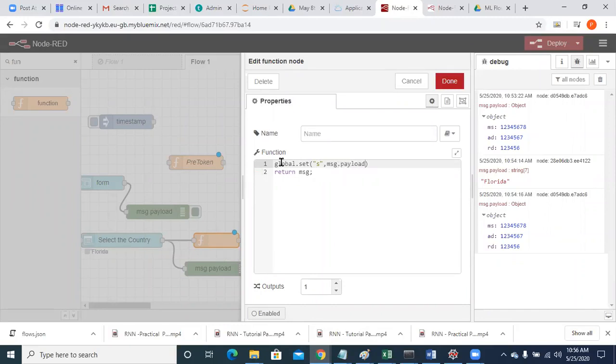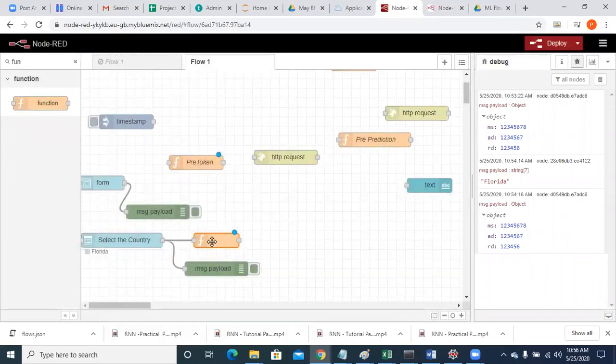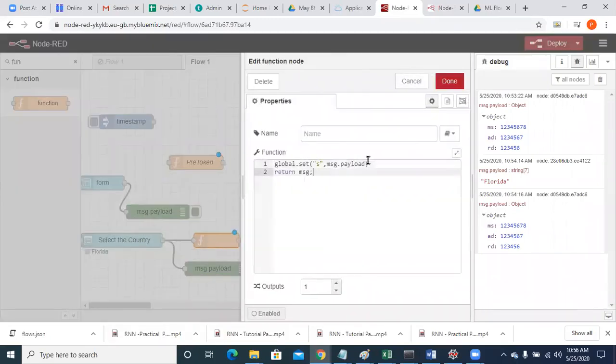So whatever country that I have selected is saved in s. Okay, done guys? Done till here everyone?